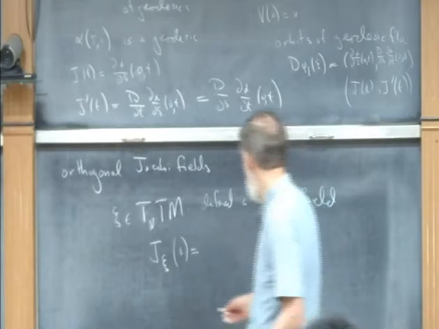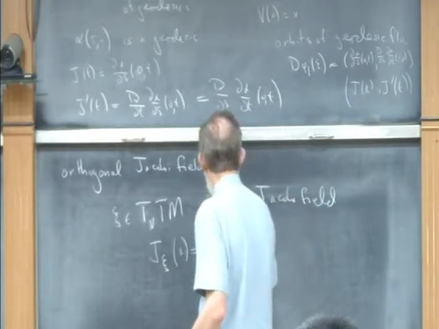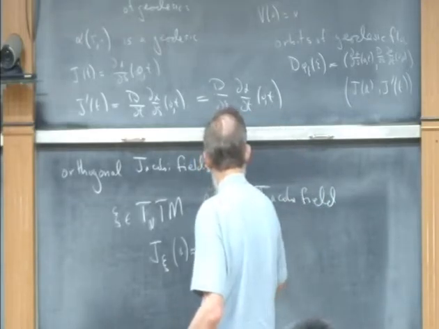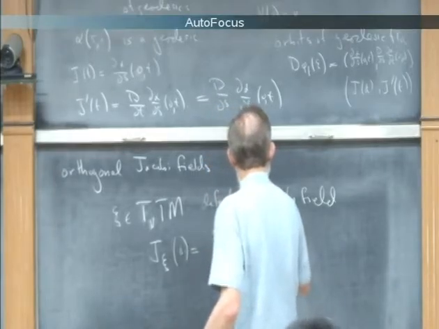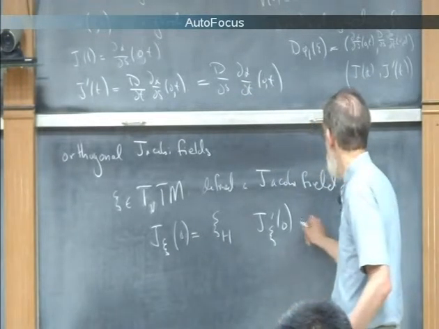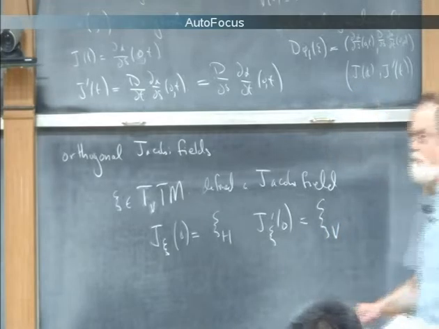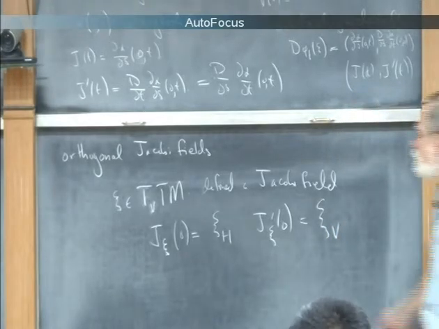The initial value of it is the horizontal component of xi. The initial derivative of it is the vertical component of xi. And so